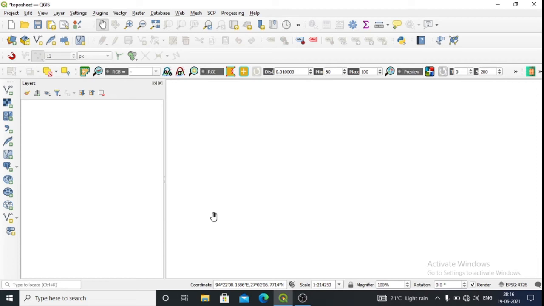Hello everyone. In this video, we'll be learning about the image processing method. We'll be having the Landsat image, which has been downloaded from the web, and with the help of that Landsat image, we'll try to identify the features, like what are the different kinds of features, like river, then mountain, then the forest area. In this way, we'll try to identify the features which are available on the Landsat image.